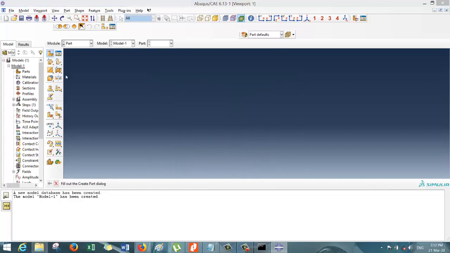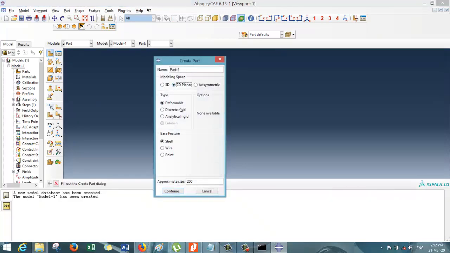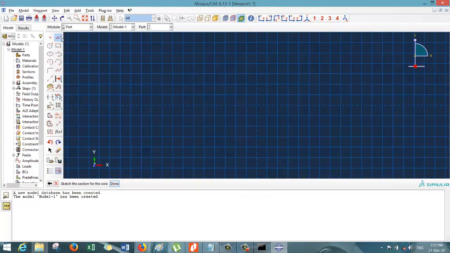Now create the part. It's a 2D planar. Click on wire, continue. Now draw a triangle like this, and later we can dimension it. Click on auto dimension. So it is 1 meter.